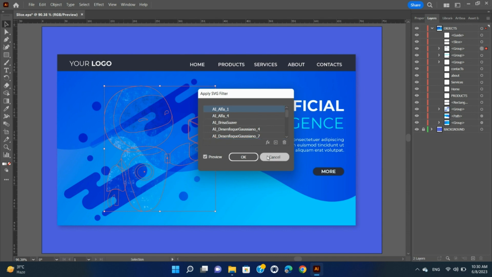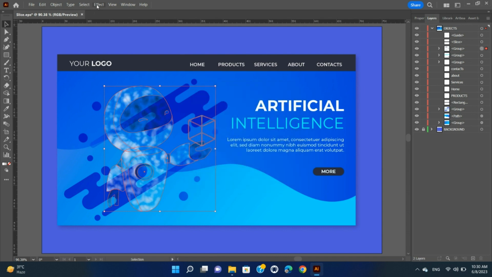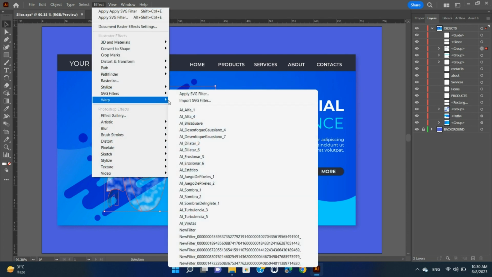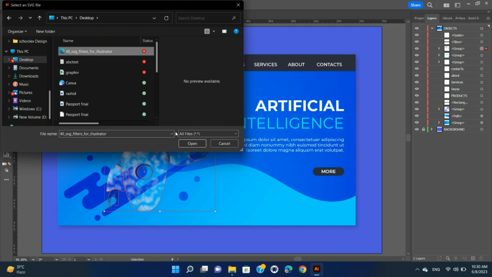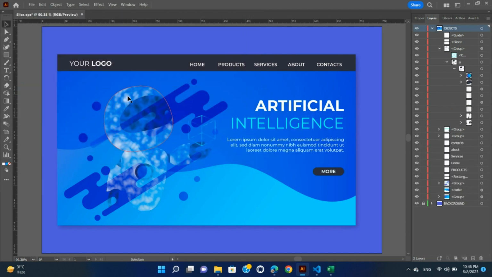Import effects from an SVG file. Choose Effect, SVG Filter, Import SVG Filter. Select the SVG file you want to import effects from and select Open. SVG Interactivity Panel Overview. The SVG Interactivity panel lets you see all the events and JavaScript files associated with the